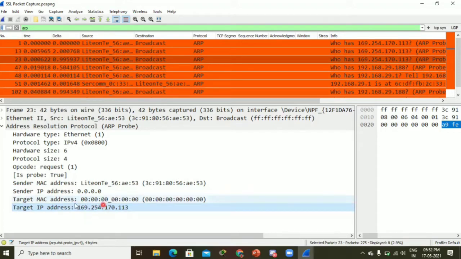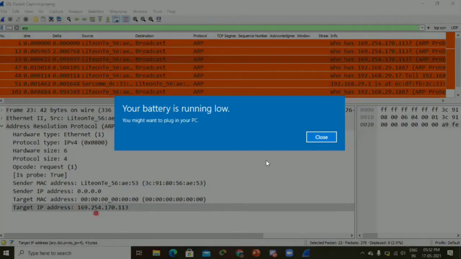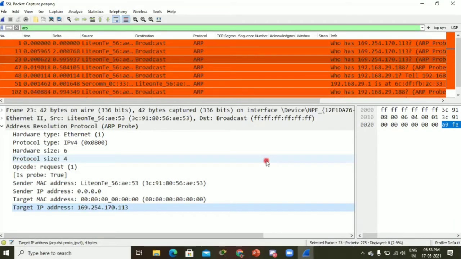So before assigning the IP address, the laptop will send an ARP probe to verify whether someone in the subnet has the same APIPA IP address. Okay, so I have selected an IP address from the APIPA range, and I'm sending an ARP probe whether someone in the subnet has the same IP address.